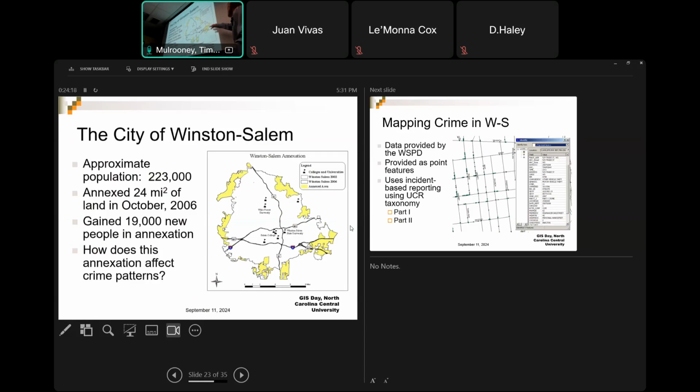Not getting rid of them. And so why do they gobble up these areas? Taxes, tax base. This area right here probably isn't, they probably don't want these folks, they want these folks. And they don't want these. And there might be special cases, they might be special cases right here.